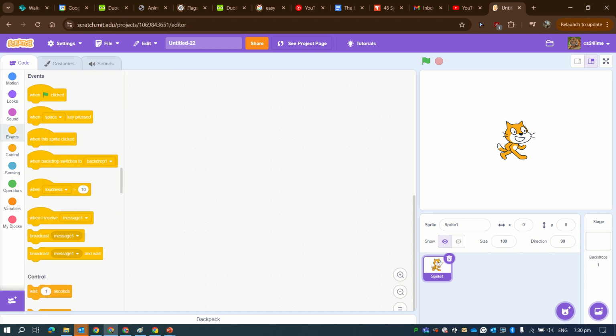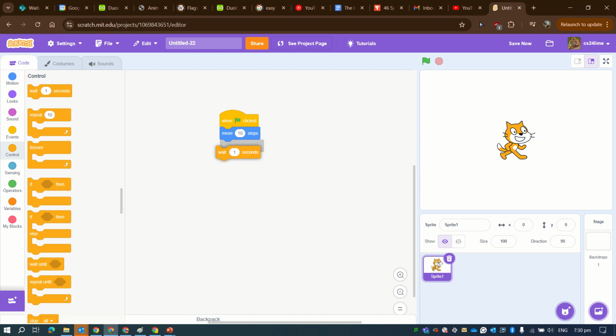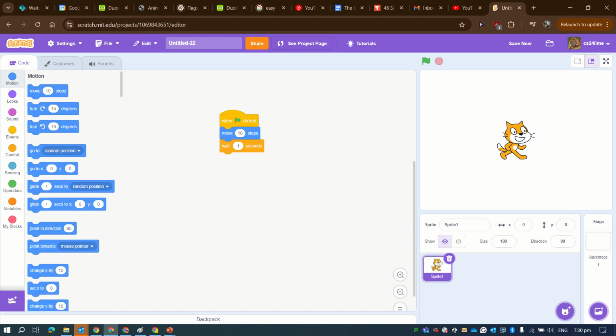So, now, let's see some basic code. One green flag clicked, which is this little guy right here. Move, let's say 10 steps. Wait 1 second and turn 15 degrees. What will it do? And then,